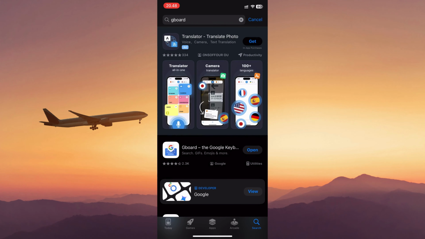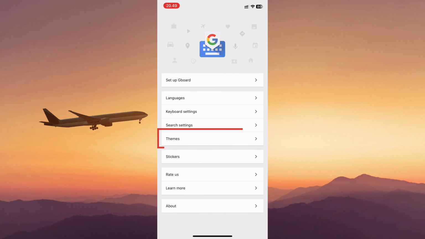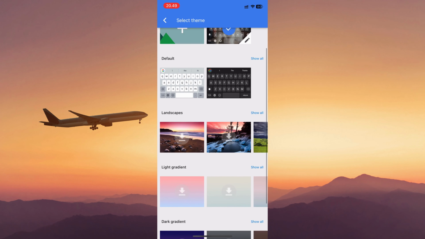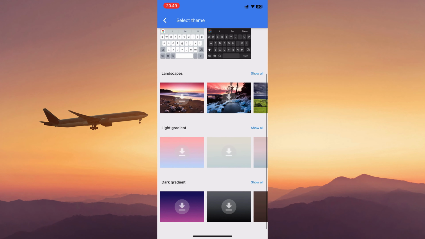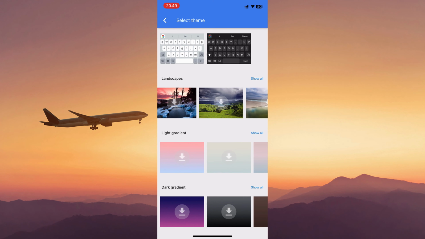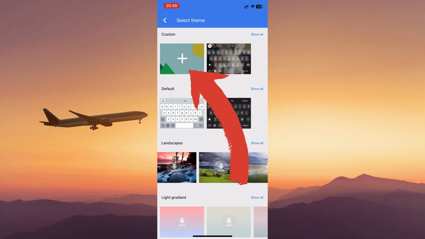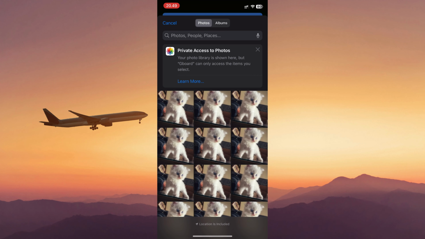like this, and then you want to install it, and after that you want to click on open, and then you want to go to themes right here, and then choose any of the landscape, light gradient, or any picture that Gboard provide for you. Or if you want to do it on custom, you want to go on custom right here and click on the plus button and choose any picture that you want as your keyboard background,